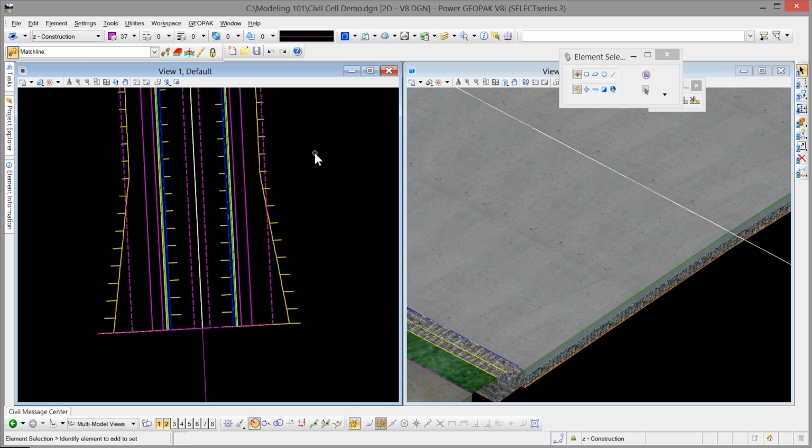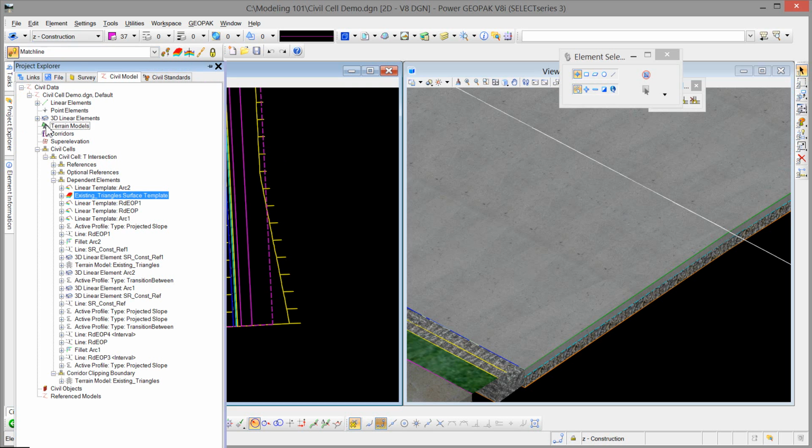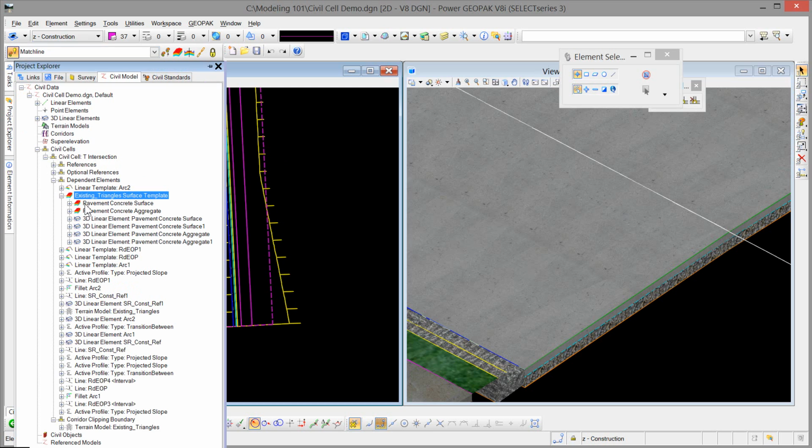But let's say you had default as your active level and then you go to apply that surface template, you're going to write something then to the default level. And so just to show you, our default here was Z construction, and if I go back to examine this particular template,